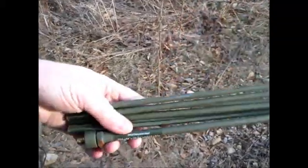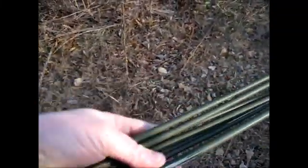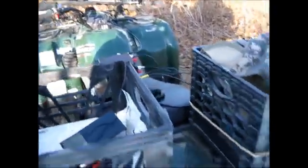This antenna I'm going to demo. This is a surplus military antenna. It's got a little elastic string down the center, and I'm going to spread it out here so it snaps together and connect it to that whip adapter on the back of the four-wheeler and see what kind of HF stations we can pick up. So let's see, I'm going to whip this thing out,